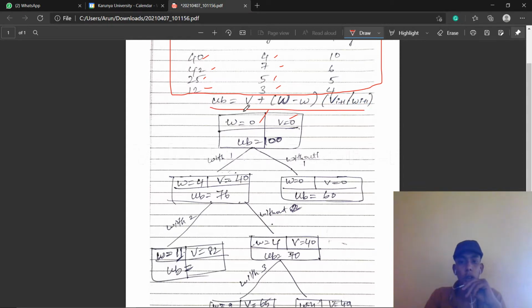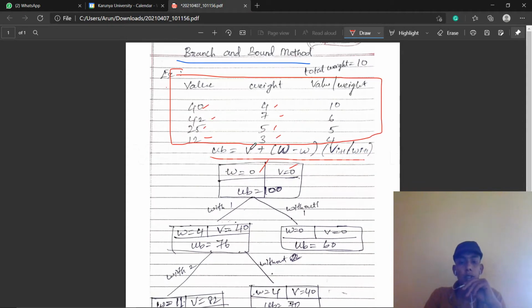Through this formula: upper bound equals the value of the current node, plus total capacity minus the weight of the current node, multiplied by the value per weight of the next item.